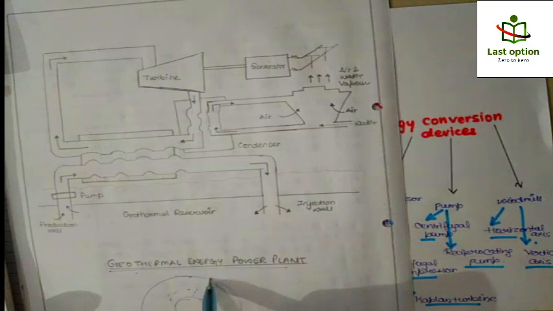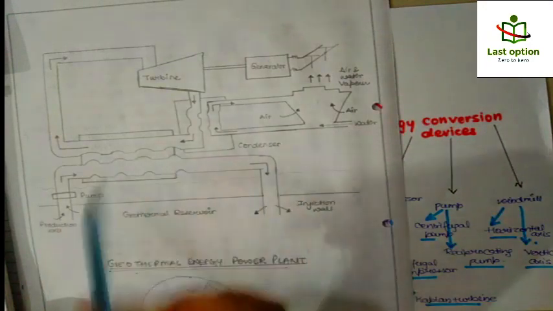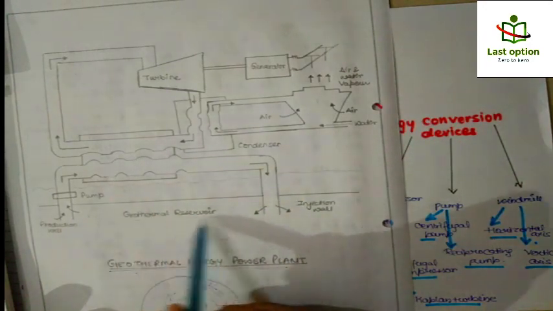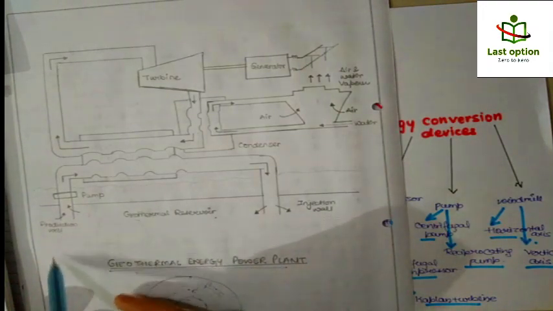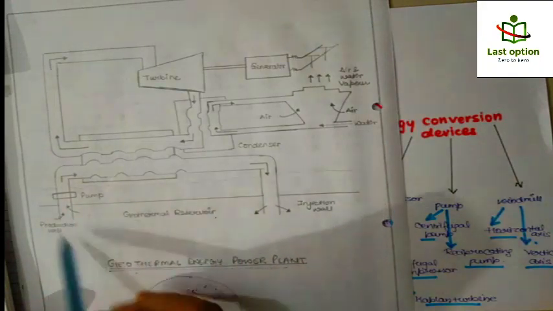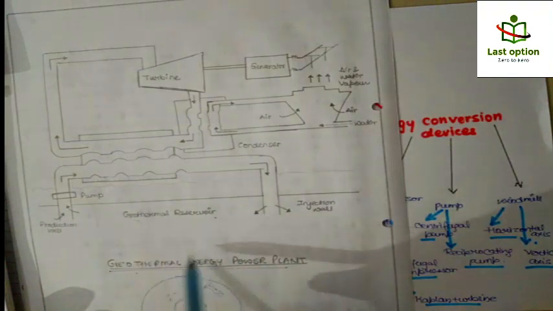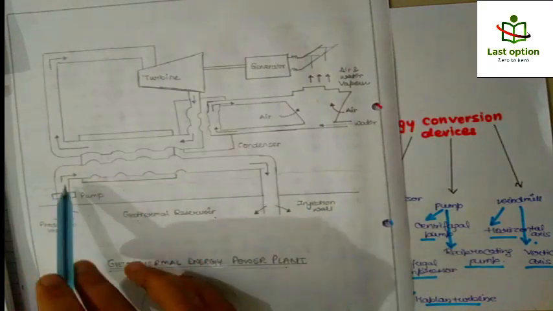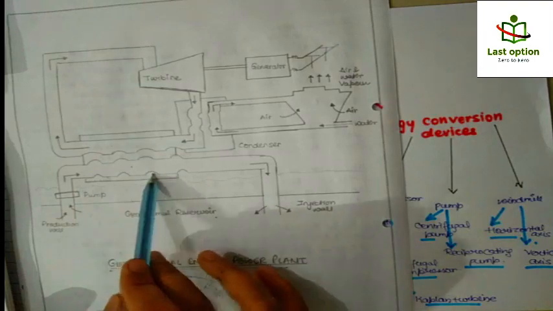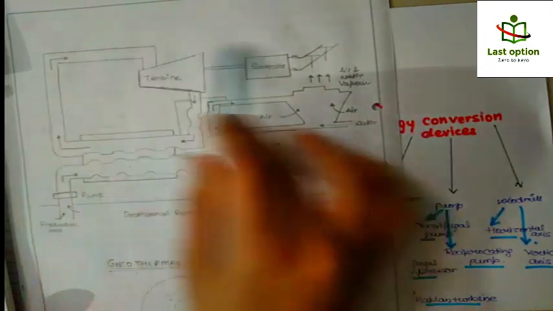We are going to use this hotness by putting pipes inside, which will take the heat and make the fluid hot that we send here. This is what the geothermal reservoir means. We dig these pipes inside the earth, and the fluid flows through them. When the fluid flows near the hot surface inside the earth, it becomes hot, and this hot fluid flows from here and gives its heat to the other side, where we have to generate the energy.